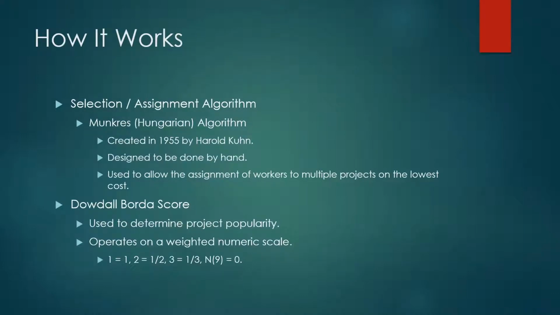It was decided that the Hungarian-Munkres algorithm would be the best choice for this. The algorithm was created in 1955 by Harold Kuhn. This algorithm was used to allow the assignment of workers to multiple projects on the lowest calculated cost. To determine project popularity, we went with the Dowdall-Borda score. This score operates on a weighted numeric scale that will be displayed for the instructor to determine how popular a